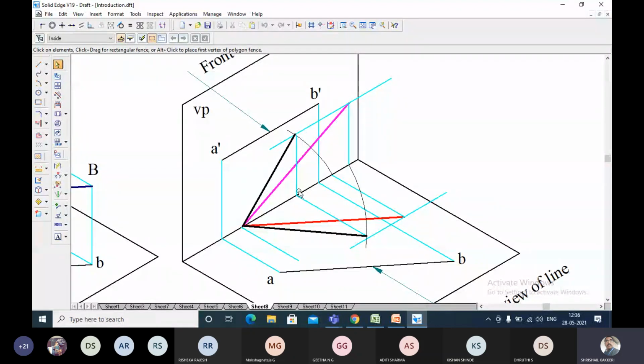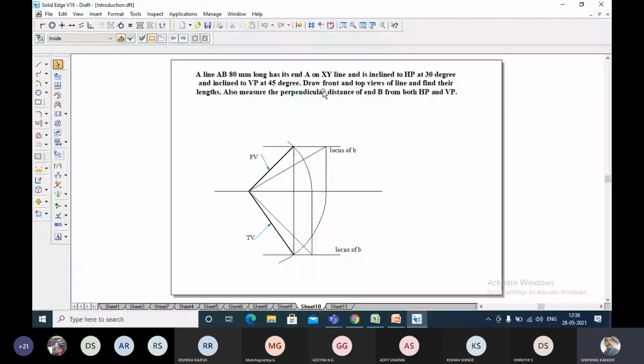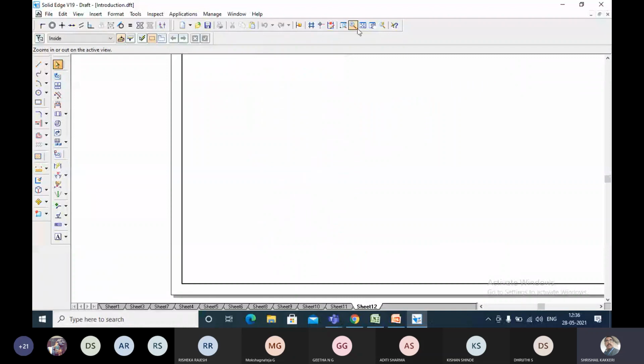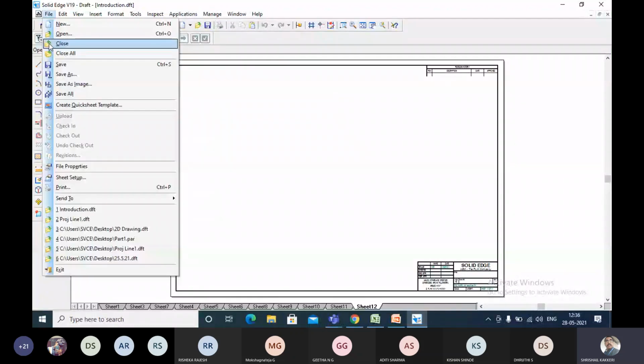And for the other problem, I wanted you to try one problem yourself. I'll write the problem here, and you also make a note of it. I'm going to insert a new sheet. While we are inserting the new sheet, the background sheet should be removed. Sheet setup, go to A4 size. Then I don't want to keep the background. Save, OK. Then come to fit. Then this will be fitting. Now I'm going to write one problem.